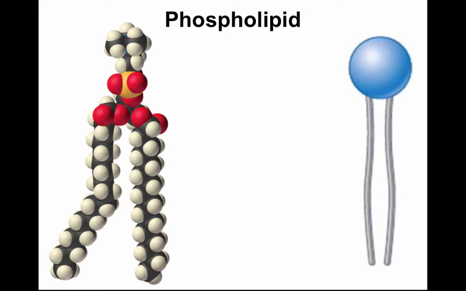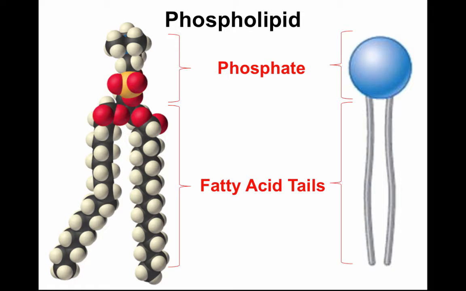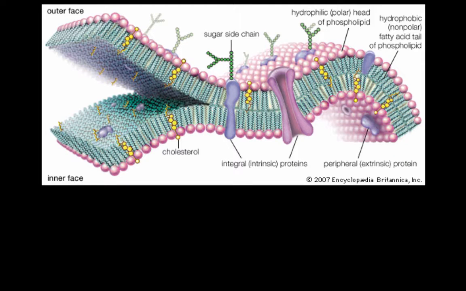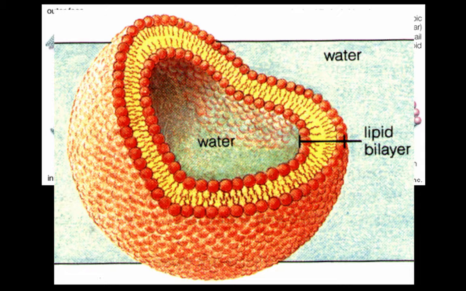All right, so here's our phospholipids, two different pictures of the same thing. There's our phosphate, there's our fatty acid tails. Here's our bilayer. Notice you have the phosphate heads on the inside and the outside, and the fatty acid tails matching up in the center. This makes it so water is kept outside and inside the cell, but not between the two layers. Notice the cell has water on the inside, the cell has water on the outside, and the membrane kind of